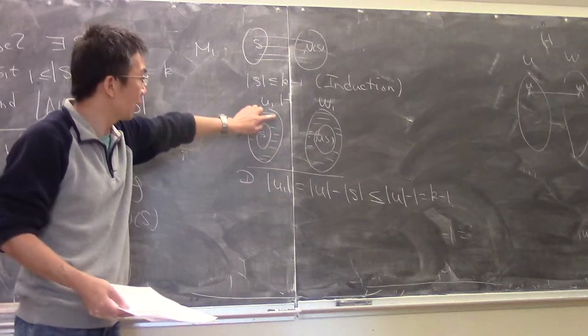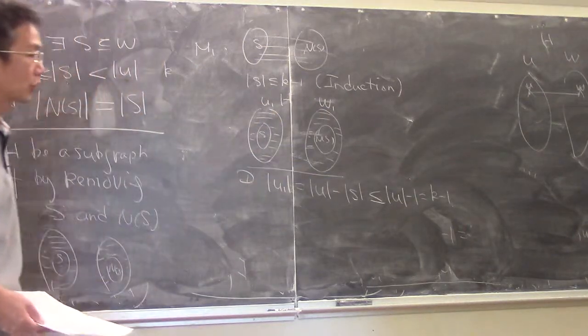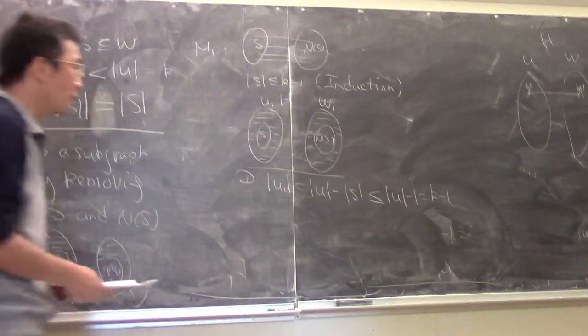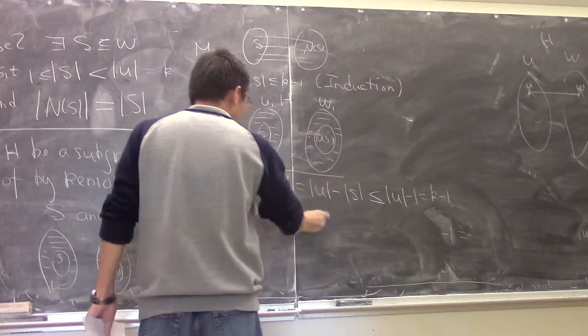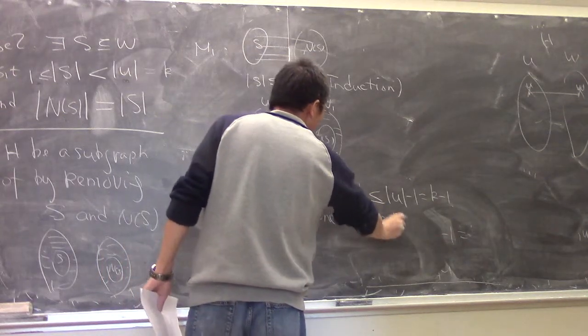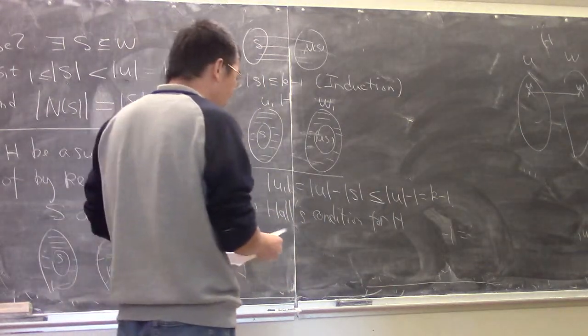So first I know the number of the vertices in this U1 is less than or equal to k minus 1. Satisfy the induction hypothesis, right? But I have to verify in this case, Hall's condition is going to be true for this H, right? So in other words, I want to verify